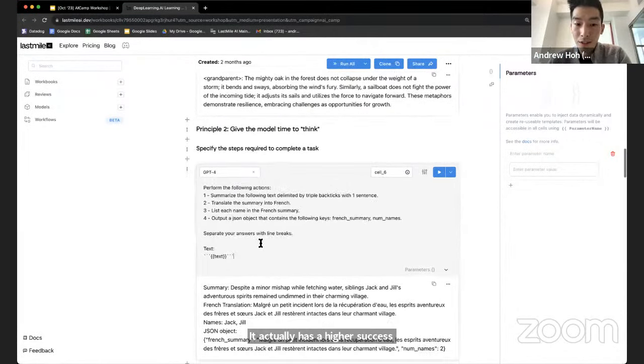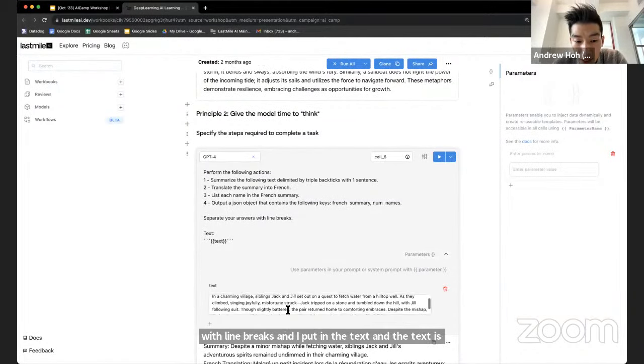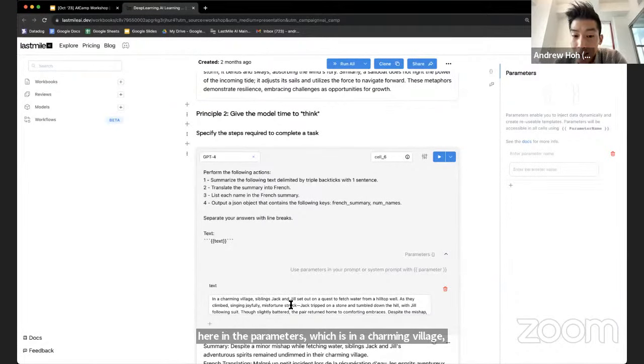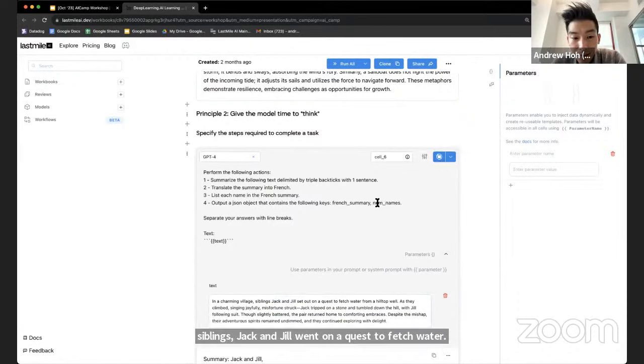And so for this here, the instructions provided were perform the following actions. Summarize the following text, delimited by triple backticks with one sentence. Translate the summary into French. List each name in the French summary. Output a JSON object that contains the following keys: French summary, number of names. Separate your answers with line breaks. And I put in the text, and the text is here in the parameters, which is, in a charming village, siblings Jack and Jill went on a quest to fetch water. And so I can execute this